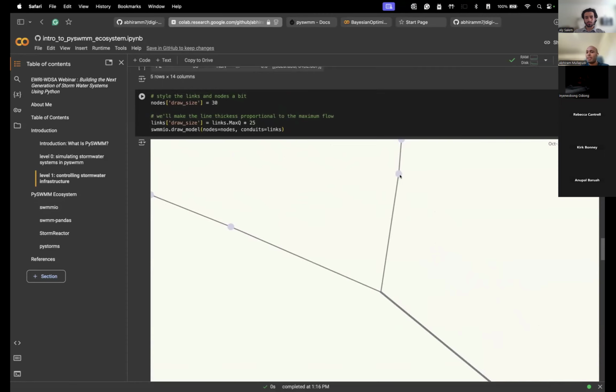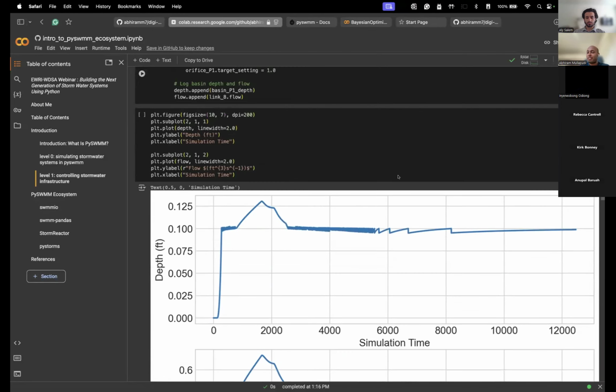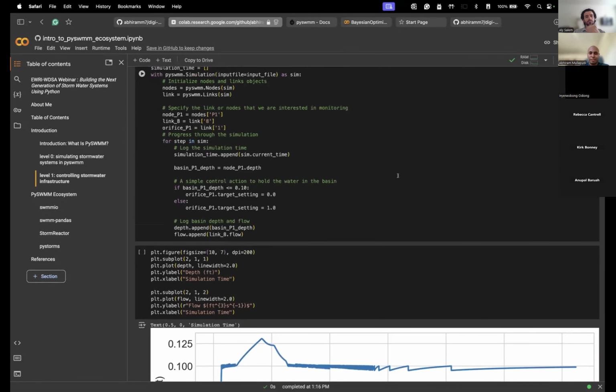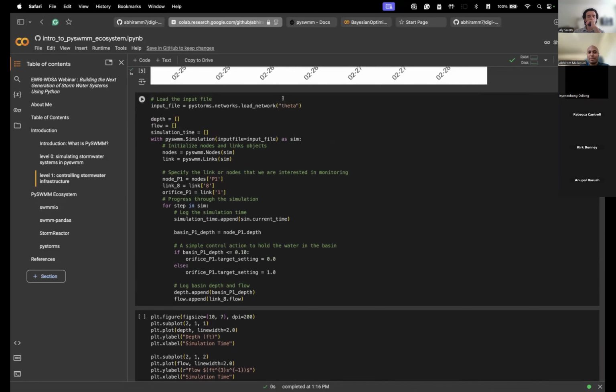What we want to do is open the valve at the basin based on how much water there is. Now, this is kind of tricky to do in the graphical user interface, like your traditional SWMM. With PySWMM, it's really easy. All you have to do is, similar to the previous example,